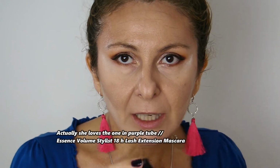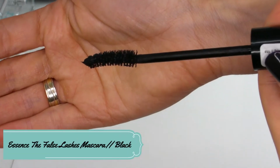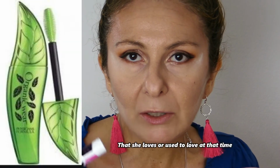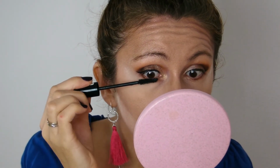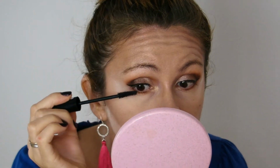I don't remember exactly which one she's most hooked up on. I believe she's not such a big fan of lengthening fibers due to the fact that she has contacts, so I think I will go and try this one, the Extreme Fast Lash Mascara Extreme Volume and Curl. Let's see if it does something for my lashes, because I remember a few years ago I was trying the one from Physicians Formula, Organic Wear or something, and it was a real disaster. Maybe I got one that was too dry for me, but I didn't get along, and it was smudging